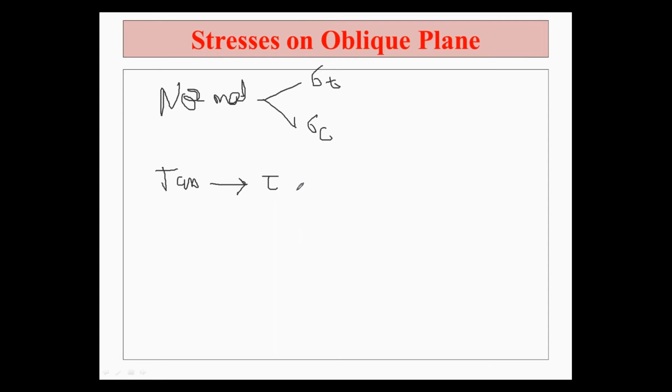Tau as the shear stresses. Apart from this, we learned in unit number 1 simple stresses and strains. Apart from this, in unit number 3 we will have the bending stresses, which is represented by sigma B, and the shear stresses, which is represented by tau. Apart from that, we have seen the torsional shear stresses.